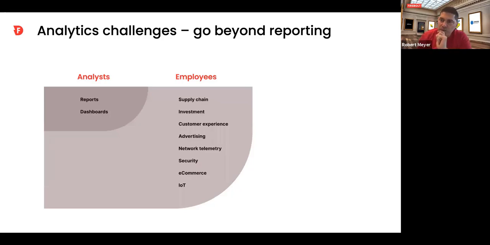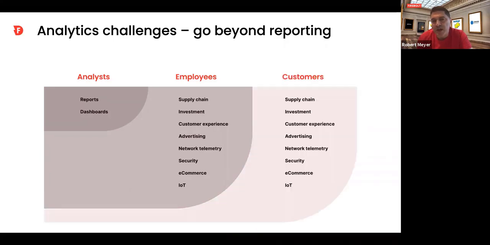That could be watching network performance or telemetry, security monitoring, service monitoring for customers, supply chain, monitoring the e-commerce shopping cart experience, IoT, so devices and machines as a service or on a shop floor. All of that is operational, and we see a lot of use cases for getting analytics out to employees to support these kinds of projects. And then, of course, there's delivering analytics to end customers.